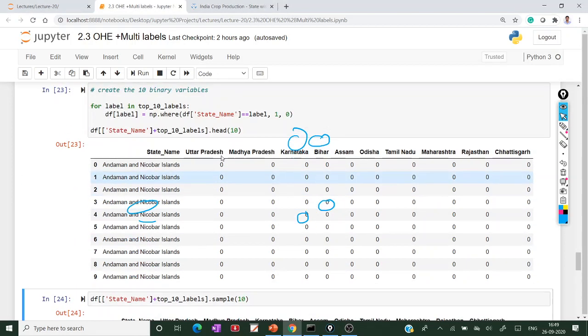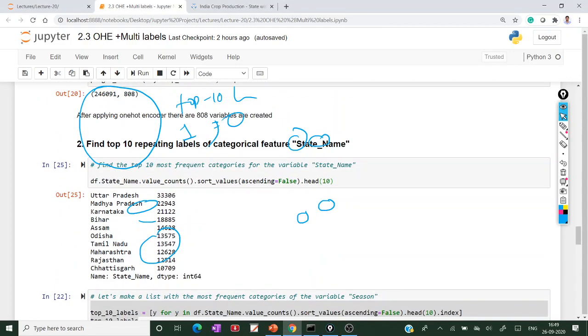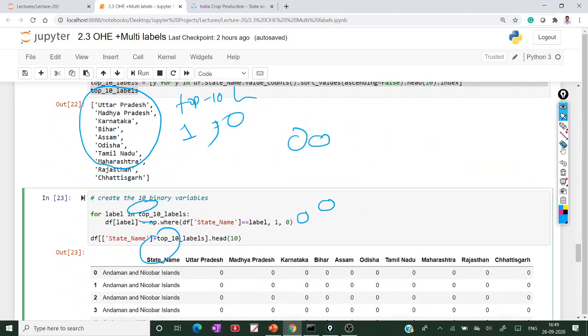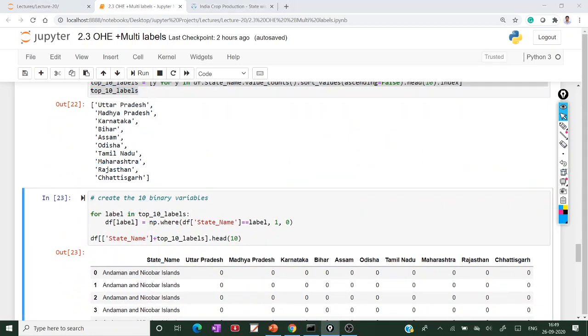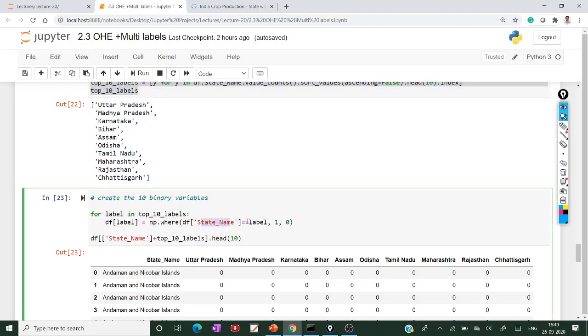This is the top 10 labels. Under the top 10 labels, if it matches with this state column, put it as 1, otherwise put it as 0. That is the meaning of this code. See here, you take the top 10 labels and compare them with the state name label.